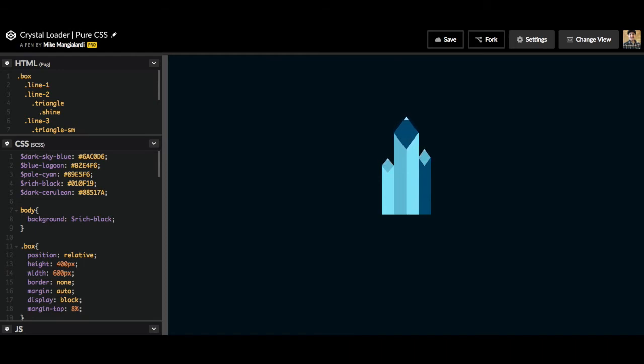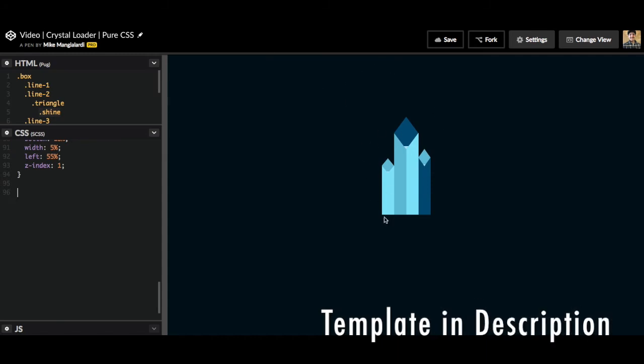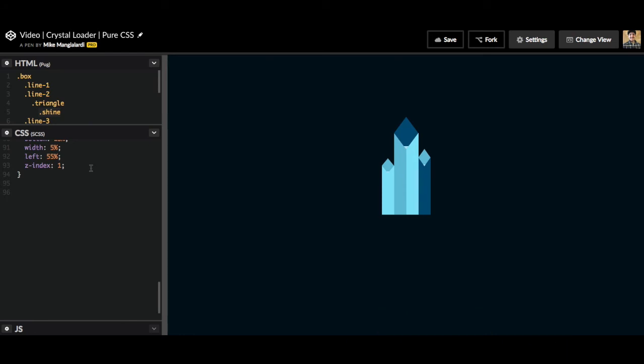And so we're going to start with just the crystal pure CSS image, and we're going to add our own CSS animation to make this a loader. So how this is going to be a loader is that you could have a streak that's going to fly across as if the crystal was shining, like if you glared some light on it. So we're going to have it move from the bottom to the top repeatedly,